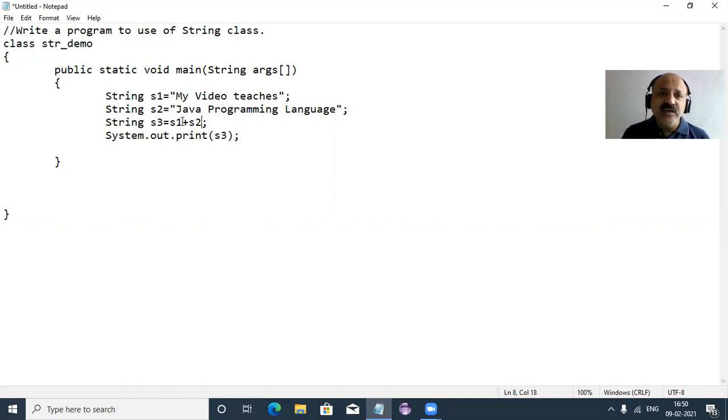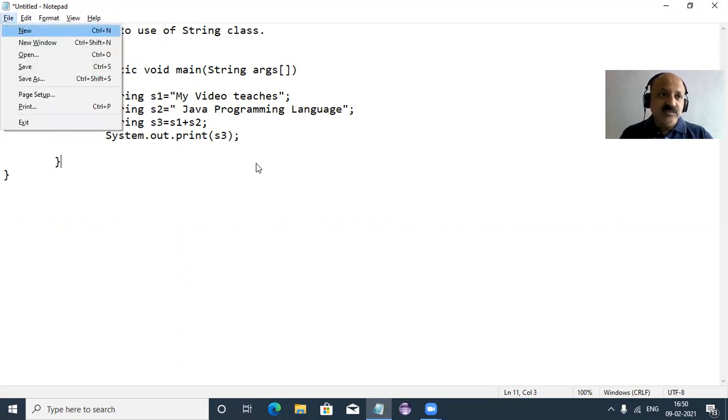So directly we can use the plus operator for concatenation, and here we can provide one blank to separate these two strings. So let us compile and run this Java program. Very simple. We only take two static strings and concatenate them in a third string. You can also print directly without declaring a third variable. So we have to test both.